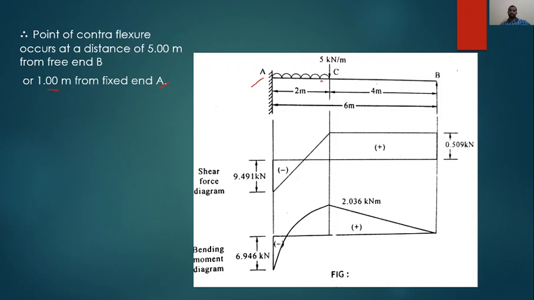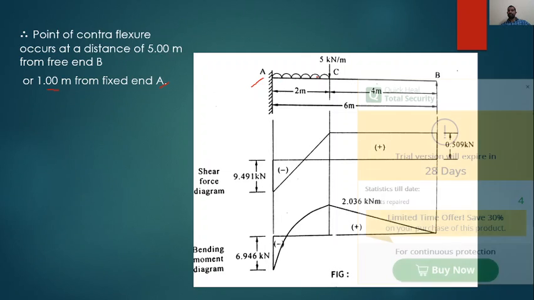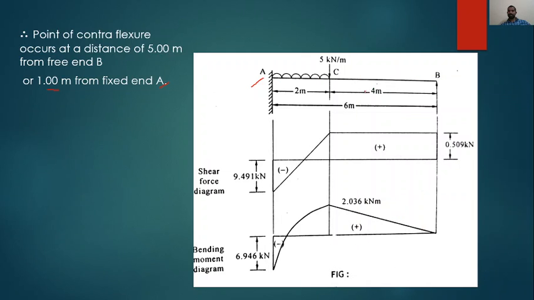The first one here is the loading diagram. A cantilever with a UDL over here. This is not a point load, but this is a UDL, 5 kilonewton per meter over a length of 2 meters from the fixed support. And with this, let us start the shear force diagram from here.